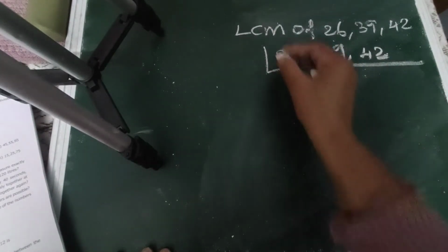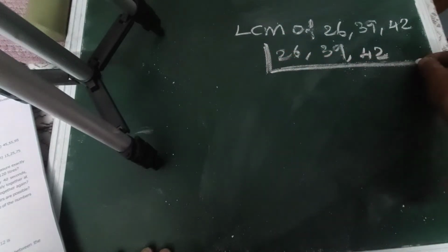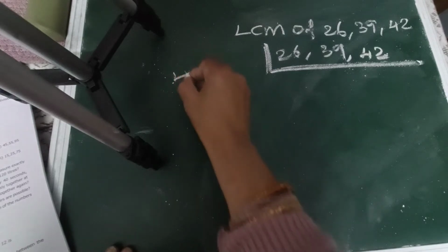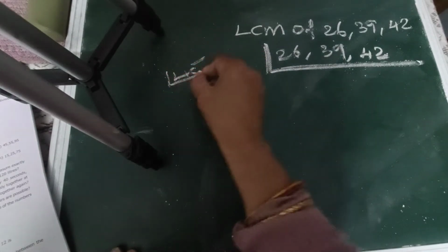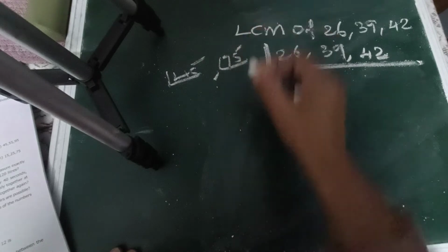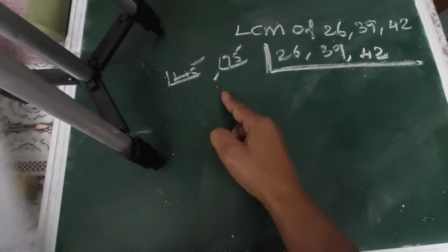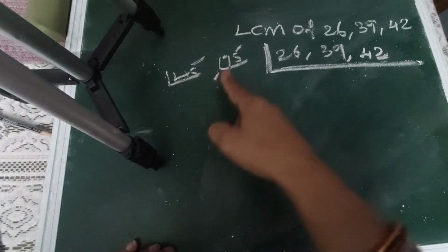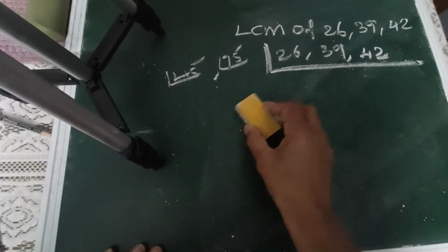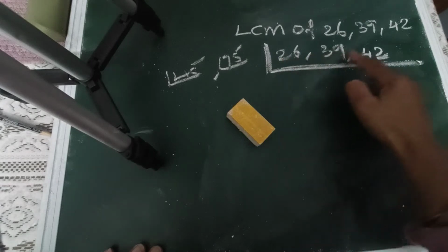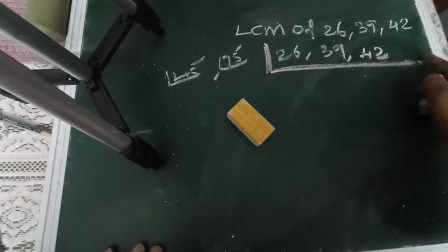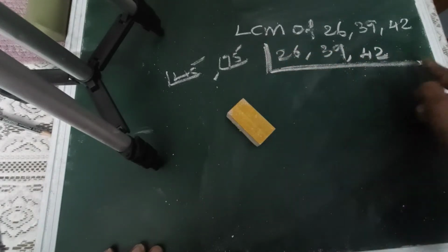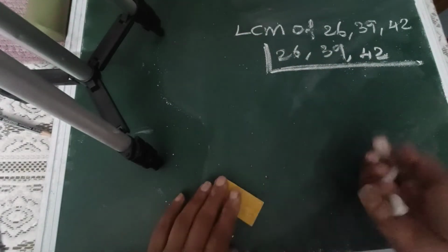Here is the difference between LCM and HCF. In HCF, we did the numbers separately. We did it for 45 and 75 in the first question. We found the prime factors of 45 separately and the prime factors of 75 separately. Even the same method can be used for LCM also, but this is easier than finding the prime factors separately. So in LCM, we write all the three numbers together in L division. We don't divide separately. All the three numbers together we write in L division and we divide by the common